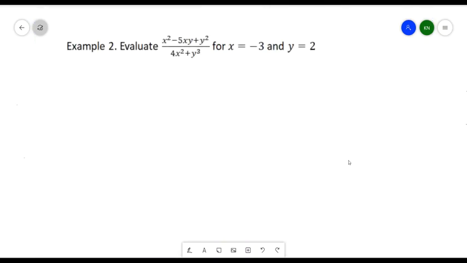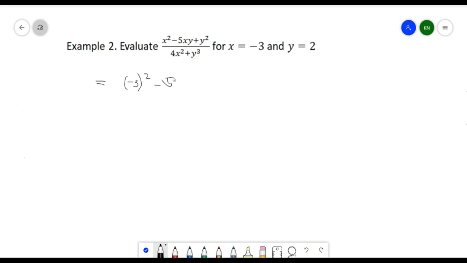So moving on with another example, we have here: evaluate x squared minus 5xy plus y squared all over 4x squared plus y cubed, for x is equal to -3 and y is equal to 2. So basically it is the same process as the previous example. We just have to substitute the values of our variables, which are x is equal to -3 and y is equal to 2. So from here, x squared, x is equal to -3, so we have -3 raised to 2,